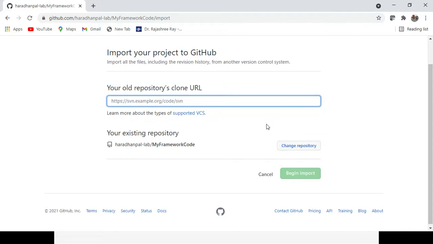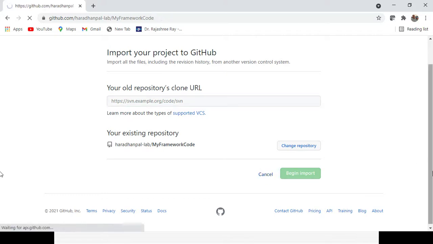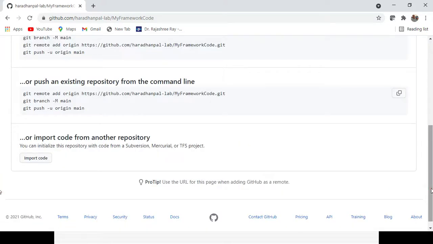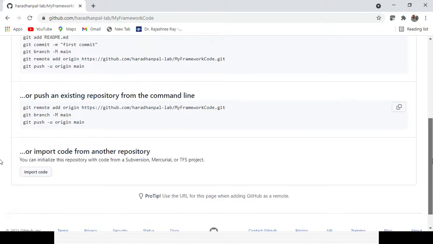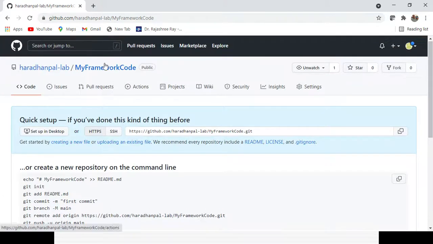No need to click on the import button. Apart from that, there will be options.